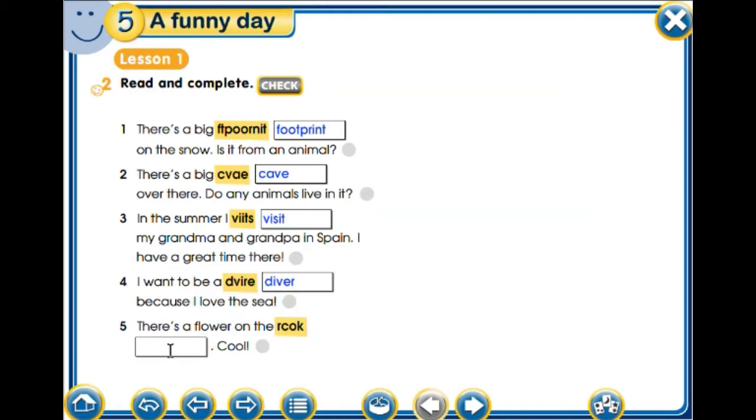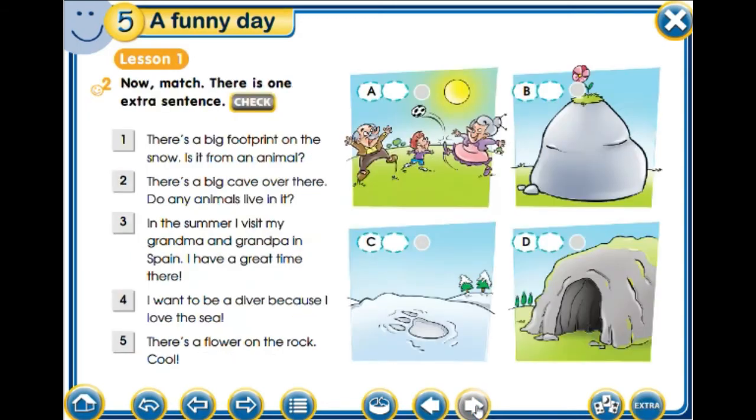5. There's a flower on the rock. On the rock. There's a flower on the rock. Cool. Great, so that's it. Let's move. Exercise number 2. Now match. Okay, we are going to match these sentences with the right